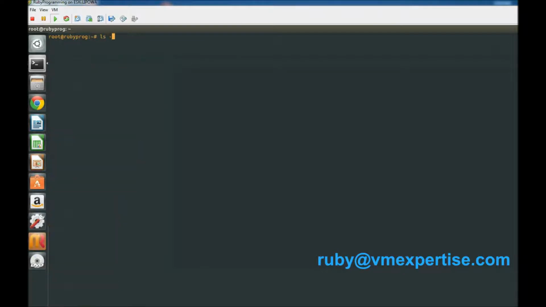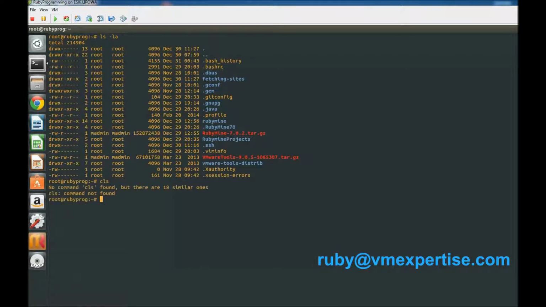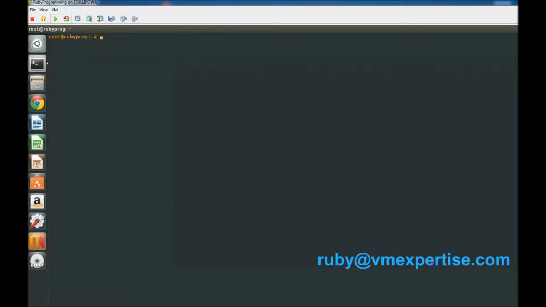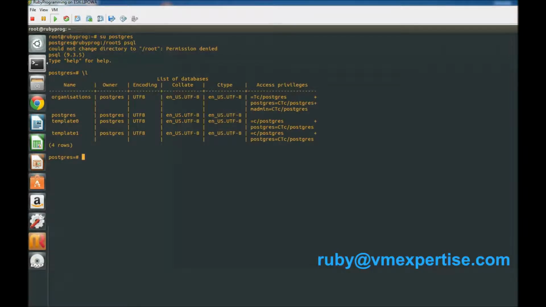I would like to check another thing, which is our database. For that, I need to become the user postgres, right? And then go to the Postgres shell, which is psql. And then I would like to see if there are any databases. I'm looking for organizations, which I created before. And I want to change to that database. You are now connected to the database, and I want to see if there are any